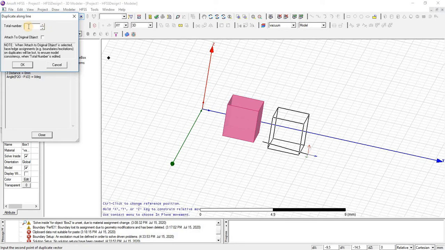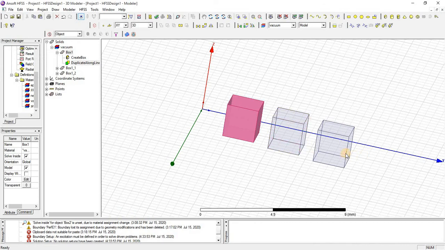If I want 3 duplications, I will enter 3 and click OK. You can see it becomes 3 copies of one object.